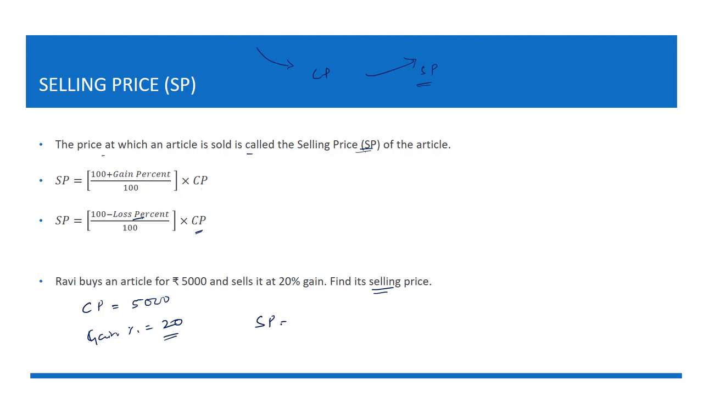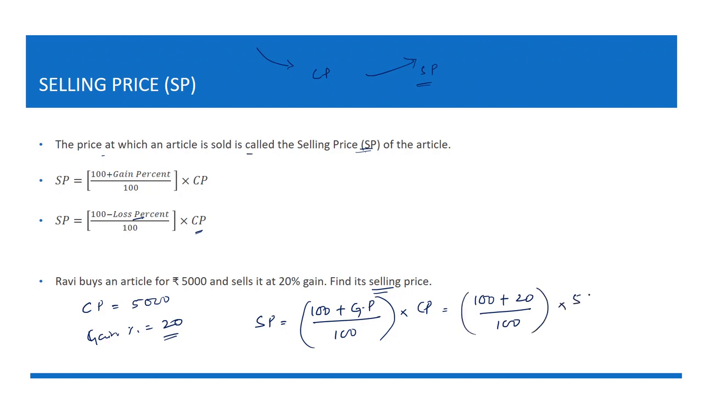So selling price is equal to (100 plus gain percent) divided by 100, into cost price. Now this will become (100 plus 20) divided by 100, into cost price, which is 5,000. Now let us check out here. 120 by 100 into 5,000, right? Two zeros I will cancel. 120 into 50. 12 fives are 60, add 2 zeros, that is 6,000. The selling price